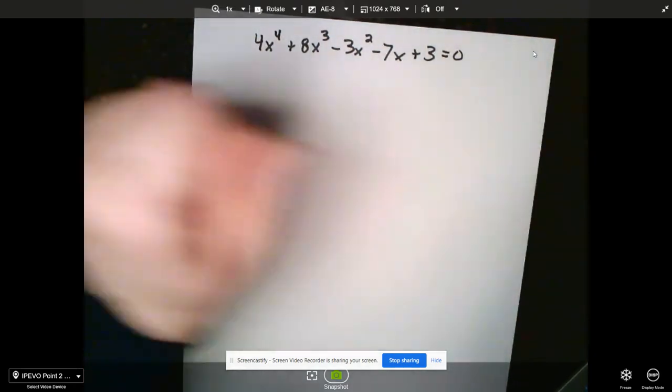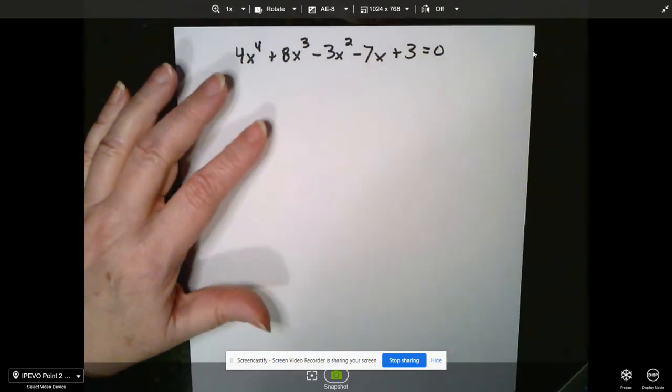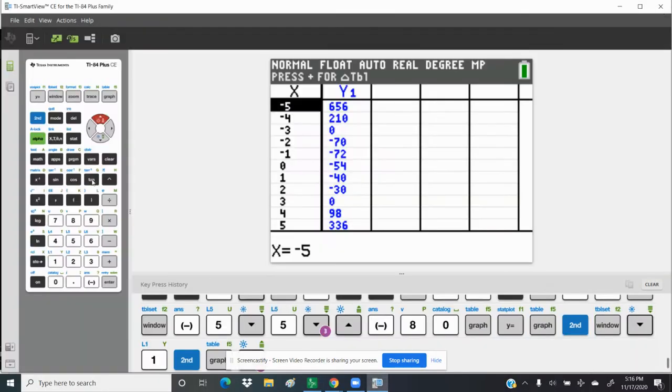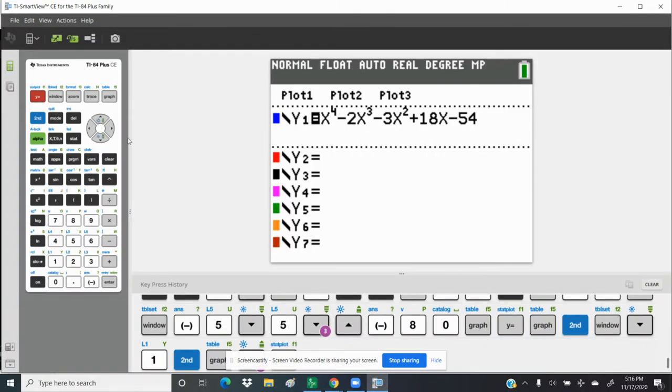All right, same thing. I have too many terms. I don't know how to solve it. So the first thing I'm going to do is go to my calculator and put it into my Y editor and carefully put in